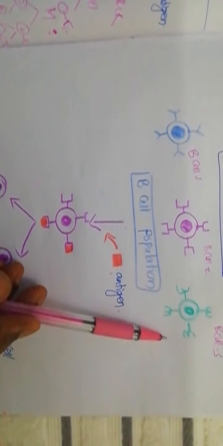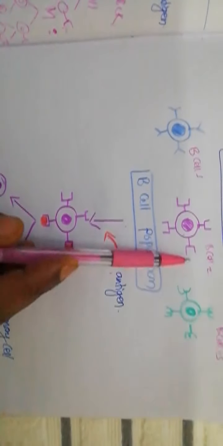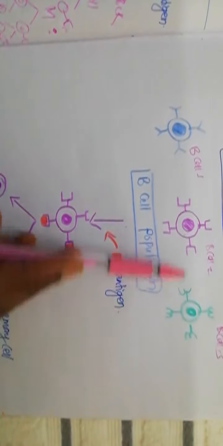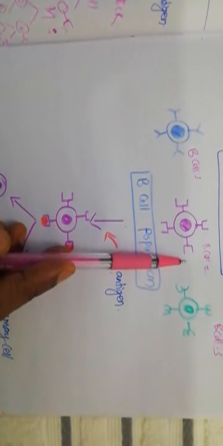After the clonal selection, the maturation of the cell happens. Because of this clonal selection, the maturation of B cell number 1 and B cell number 3 is not happening. Only the selection of B cell 2 happens in this particular case. Not only B cells, in the case of T cells also there is memory cell formation. So the B and T immune system eliminates the lymphocytes which recognize the self antigen, and whichever B cell or T cell identifies the self antigen will be killed by the apoptosis mechanism, and when the foreign antigen is